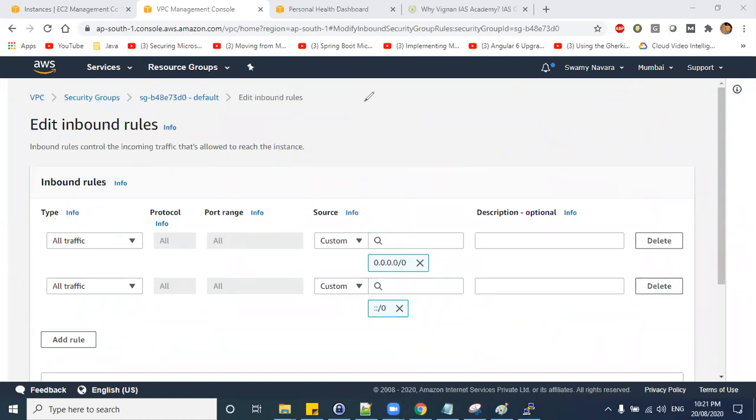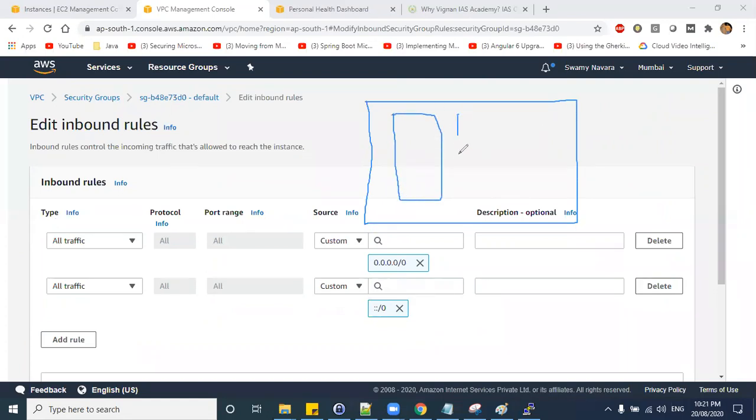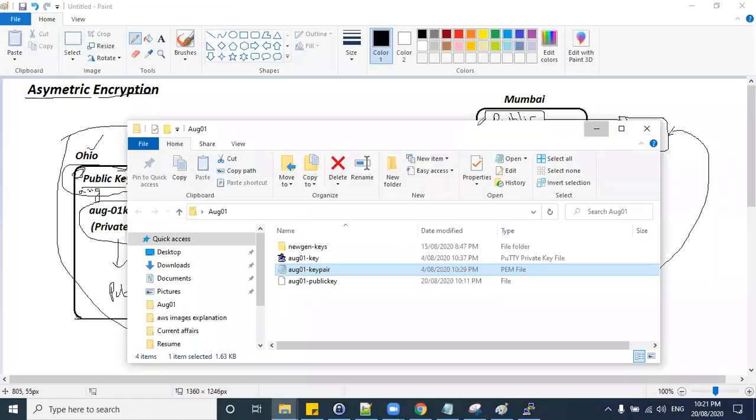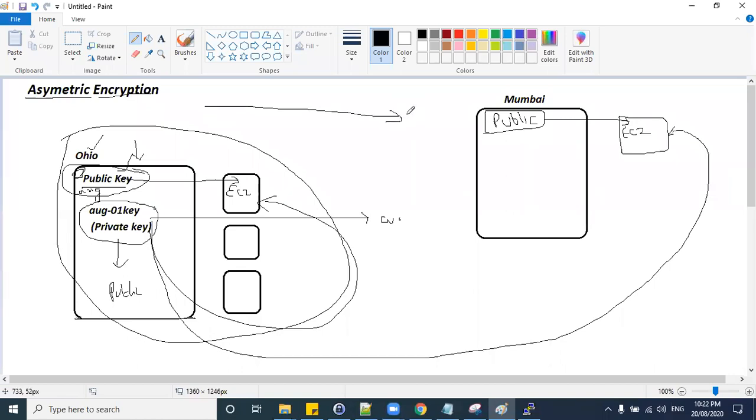What might be the use case, Harish, for doing it like this, and where exactly is asymmetric encryption useful? Asymmetric encryption came because symmetric encryption had some drawbacks, as we discussed in our initial sessions. Whenever a request is transferred from sender to receiver, if someone in between knows what type of algorithm you are using, say RSA, they can decode it and see your message. That's the drawback, and that's the reason asymmetric encryption came.